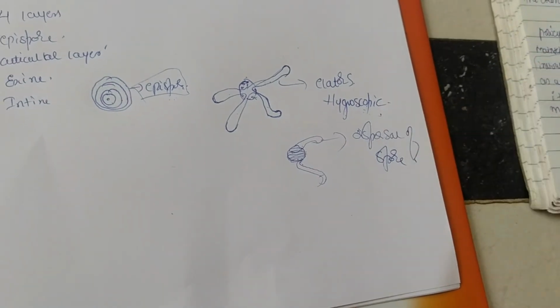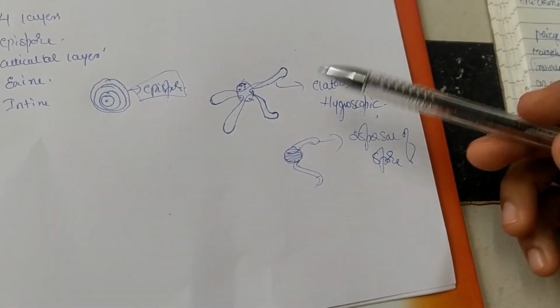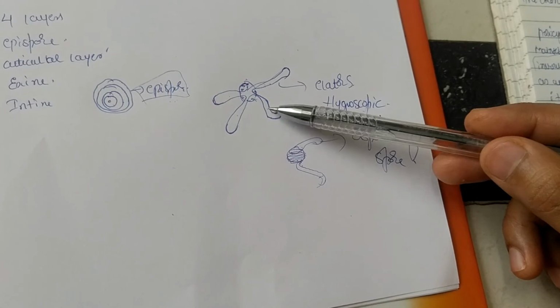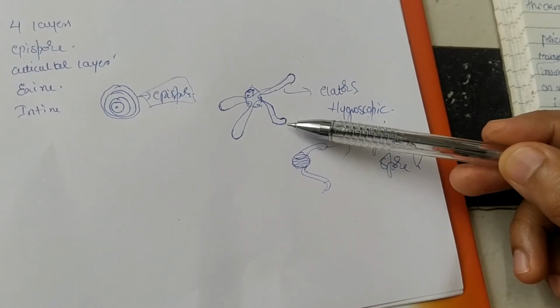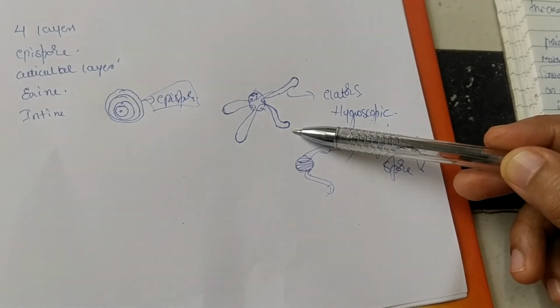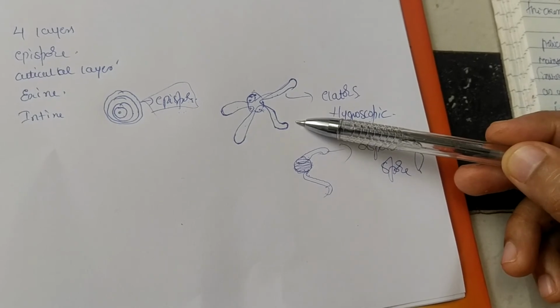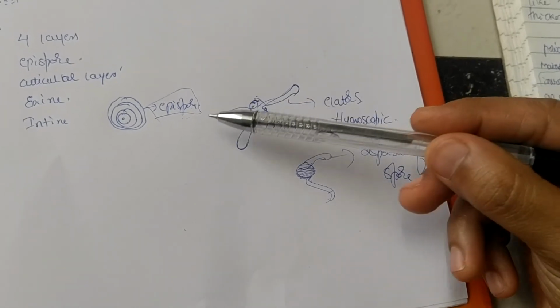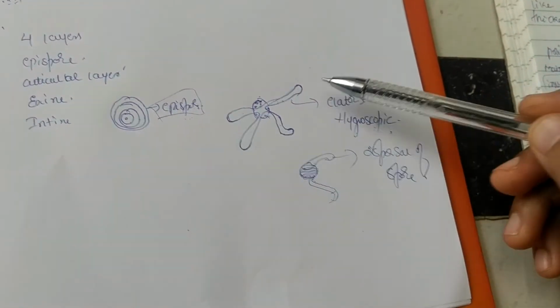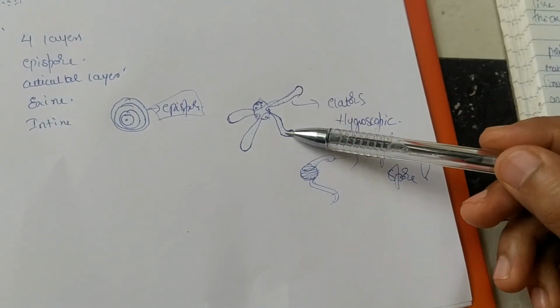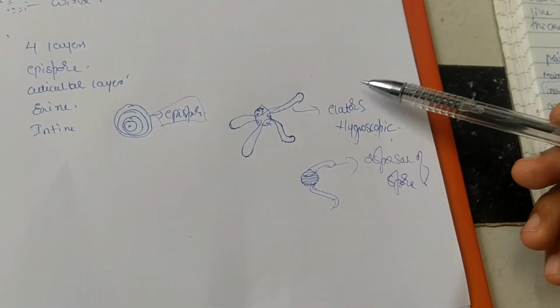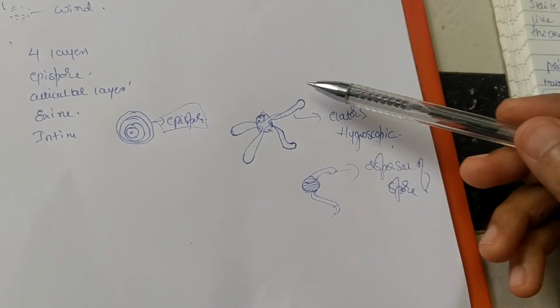So elaters here are haploid in nature. They are ribbon-like, 4-armed ribbons with a tip ending in a spoon-like structure, and they are formed from the spore wall. That spore wall is nothing but the epispore. So this is the difference between the elaters of Equisetum, that is the pteridophytes, and those of the bryophytes.